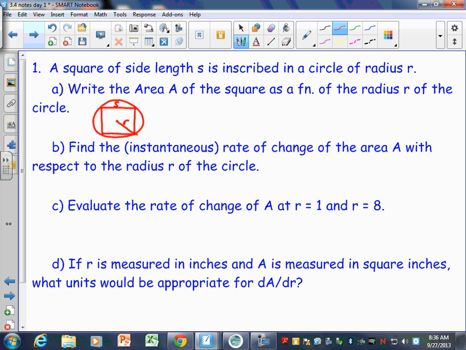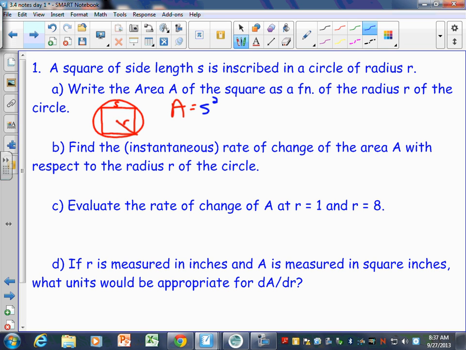I don't think that's what we should do. Can we just figure out what S is in terms of R? So instead of using S, like what's the area of a square? Let's start with that. How do you find the area of a rectangle? Let's start there. But in a square, the length and the width are the same, yes? So side times side, or we could say side squared.